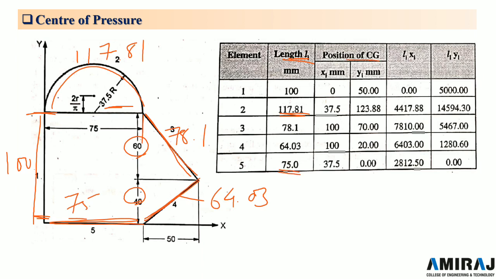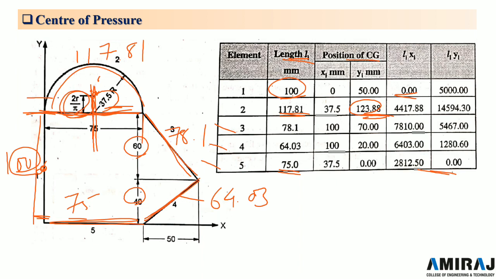Now we have to find the position of CG. यहाँ पे सी जी कहाँ पे आएगा, हाफ पॉइंट पे आएगा. फिर यहाँ पे 37.5 और y1 का डिस्टेंस यहाँ पे 100 प्लस 37.5, उसके अंदर जो उसका पॉइंट होगा, ठीक है, सेंटर ऑफ ग्रेविटी सी जी के लिए ये मिड पॉइंट होगा 2r बाय पाई. सो उस पॉइंट तक का ऐड करना पड़ेगा और x डायरेक्शन में तो यहाँ पे 37.5 मिलेगा, और जो ये वाला डिस्टेंस है 2r बाई पाई वो हम कैलकुलेट करेंगे और उससे हमको ये y मिलेगा. सिमिलरली 3, 4 और 5 का x1 और y1 पोजीशन फाइंड करना है और उसका L1 के साथ मल्टीप्लिकेशन करना है, L1 x1 और L1 y1 फाइंड करना है, ठीक है.